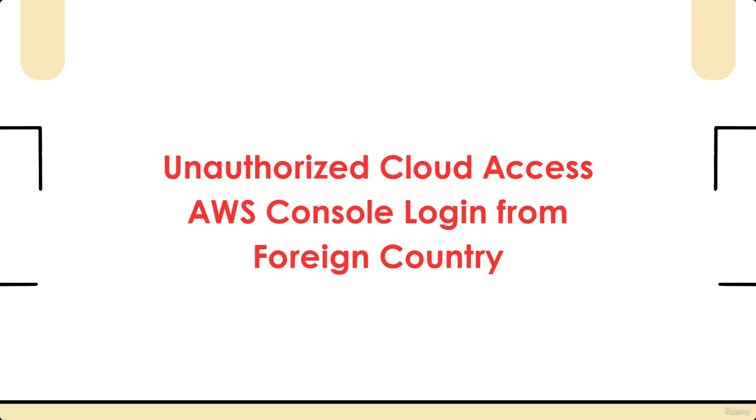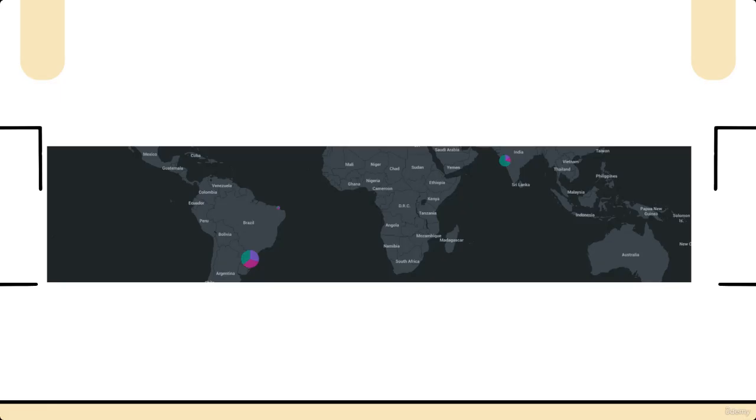Hello everyone, in this video we are going to investigate an unauthorized cloud access from a foreign country. We are going to use AWS as a cloud provider. Let's say your AWS environment is supposed to be accessed only from India. But today what you see is someone is trying to get a console login from a country, Brazil, using